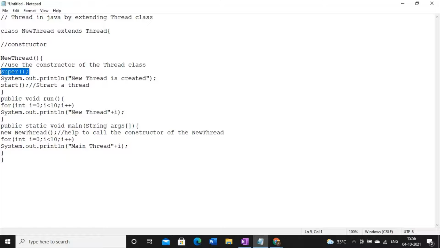First, call the superclass constructor using the super keyword, and among two constructors I am calling the no parameterized constructor, and then you have to start the thread by invoking the start method, which is a predefined method. And then you have to write the run method. This run method is responsible for performing the task which you want this thread to do.